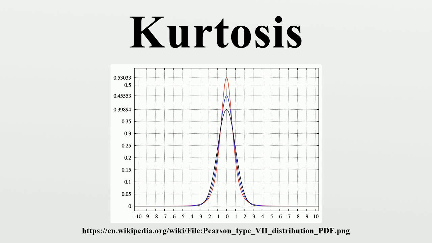A distribution with negative excess kurtosis is called platykurtic, or platykurtotic. Platy means broad. In terms of shape, a platykurtic distribution has a lower, wider peak around the mean and thinner tails. Examples of platykurtic distributions include the continuous or discrete uniform distributions, and the raised cosine distribution. The most platykurtic distribution of all is the Bernoulli distribution with p equals 1/2, for which the excess kurtosis is -2. Such distributions are sometimes termed sub-Gaussian.